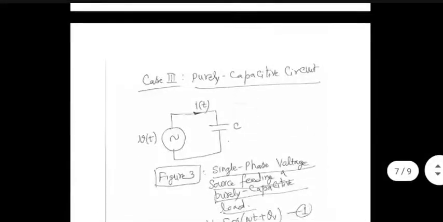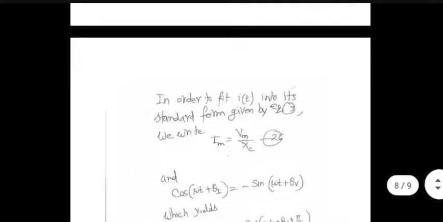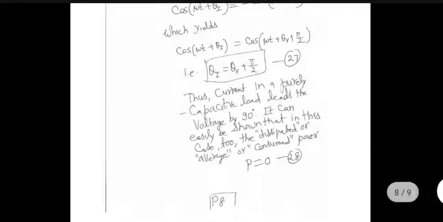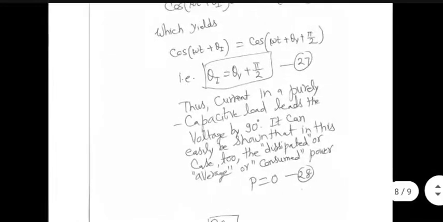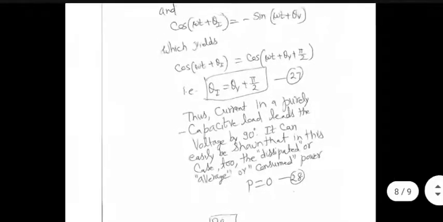In both cases anyway, there is no average value. Average value in the case of a capacitive load also turns out to be 0. That remains the same. So the ultimate result that we get is that if you have a purely resistive load, it will consume power, which will generate heat, etc. If you have purely inductive load, no heat will be generated. But a lot of oscillating power will be generated, and that may damage the load. That's for sure. We will be coming back to this topic of undesired power.